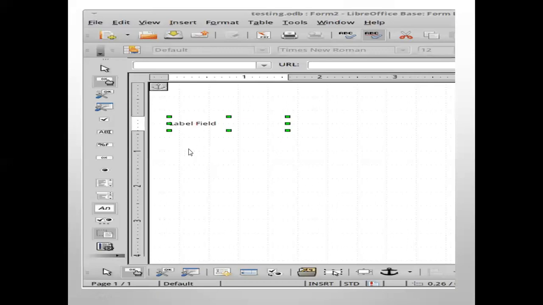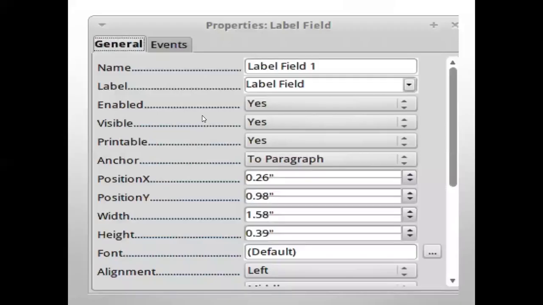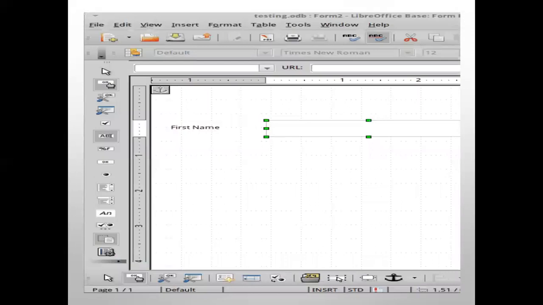Two boxes I want to display here. When I double click or right click, it will show me this window, the properties of it. You enter what should appear on the label and then close this after finishing. So this is how to add a field.